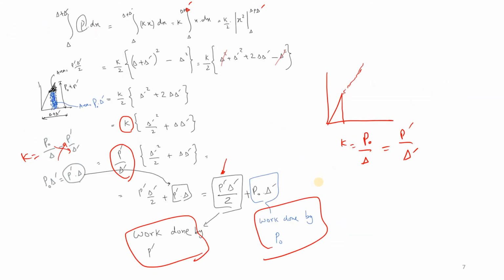So this is what we are going to use in our next calculation. So P naught was already applied, and then the additional displacement delta prime was produced by some other load, P prime. So then the work done by P naught is equal to P naught times delta prime. All right. So work done by each force can be calculated separately. Now, principle of work and energy. This is where we're going to converge our discussion to the final result.